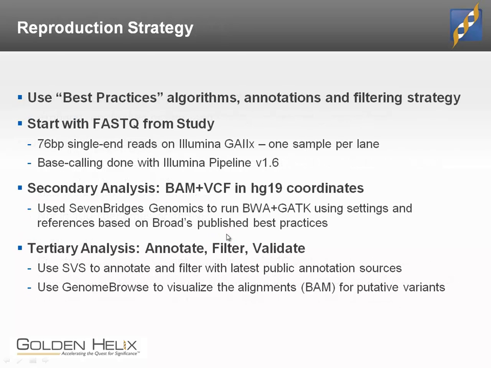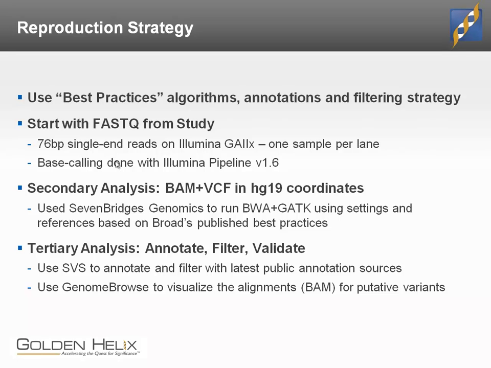So let's talk about what we could do to reproduce it using best practices today. One, we don't necessarily start from the very beginning because we can't go and get blood and resequence using, say, an Illumina HiSeq 2000. But the sequence data is coming from extremely high read depth, high quality reads here, so it's going to be a very solid starting point. But for completeness, what we're actually starting with is 76 base pair single-end reads from an Illumina GA2. They put one sample on each lane, and the base calling was done with the standard Illumina software to get to the point where we have FASTQ files.